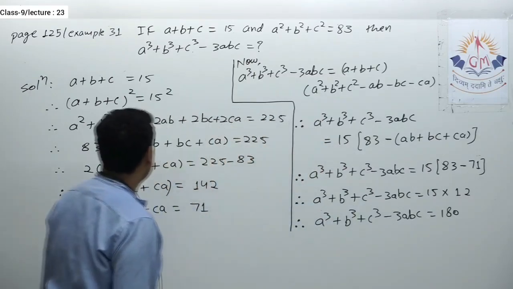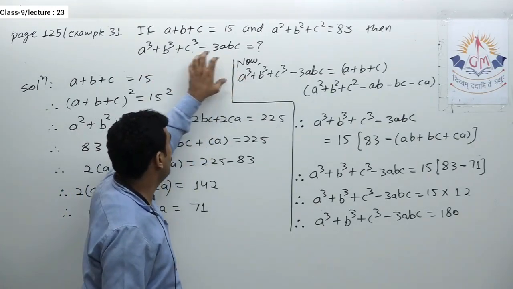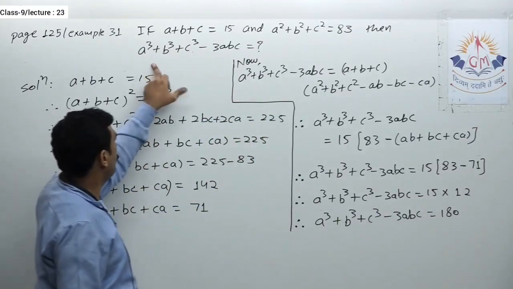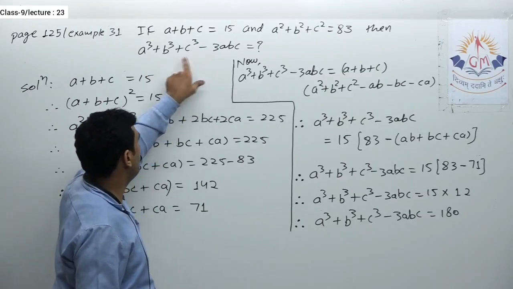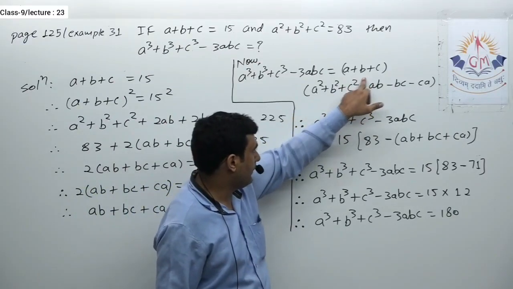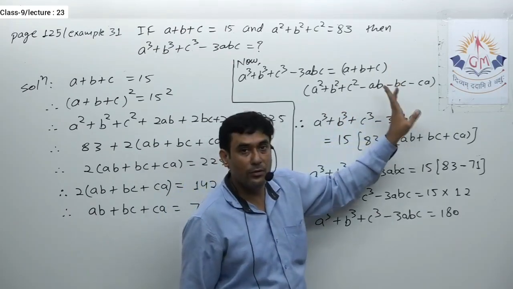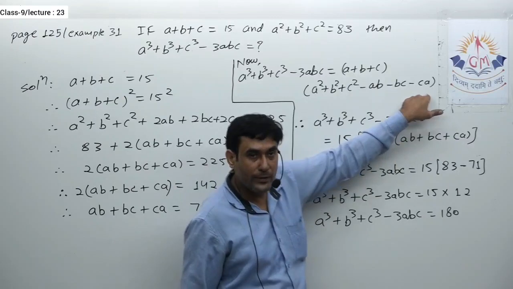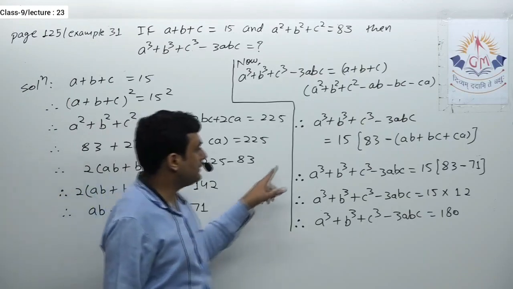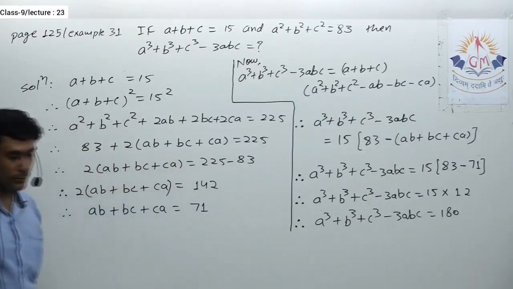Okay, so I hope this is clear to you. In this type of question, definitely you have to start with this expression, then you have to check what extra you need to get this. When I expand a cube plus b cube plus c cube minus 3abc with the identity, I observe that a plus b plus c is given, a square plus b square plus c square is given, but ab plus bc plus ca is not given. So first I need to obtain this, and for that I applied this identity, and I got 71, and just then by keeping the values over here I got my final answer. Please note it down.